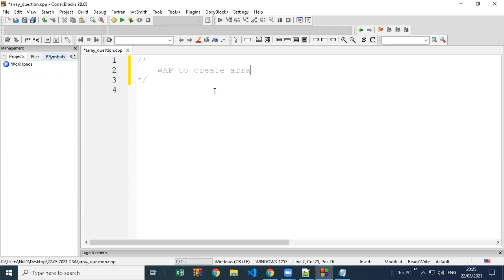You can create any array with any values you want, and display the sum of even numbers only. You know how to find even numbers from an array. Now you have to print the sum of the even numbers. Sum means total.